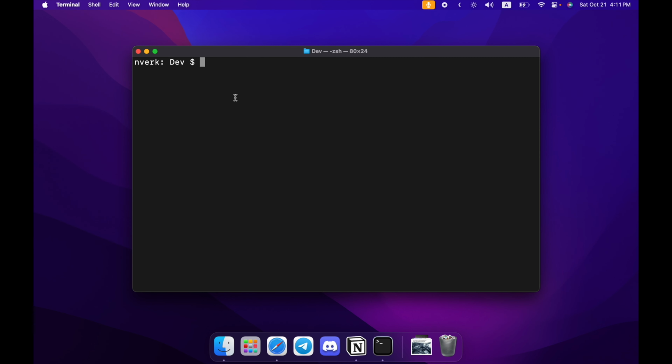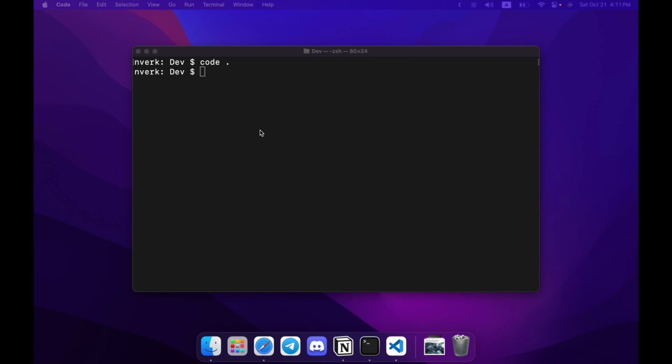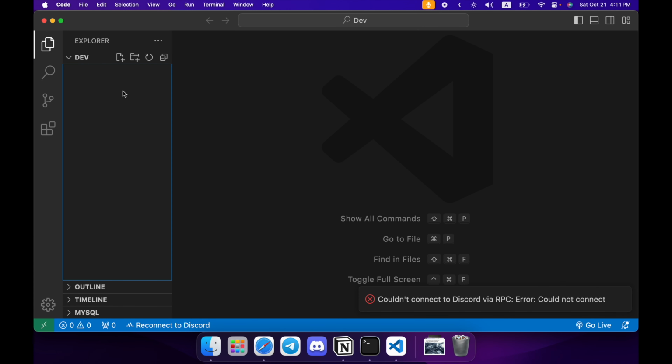And now what we can do, if you have Visual Studio Code installed, is type code and a dot. Dot means to open Visual Studio Code in the current directory. Remember, double dot meant the previous directory, but if it is just a single dot, it means to open it in the current directory. And I have Visual Studio Code open now, and currently I cannot work with C++ or C